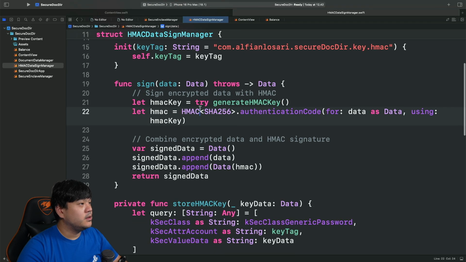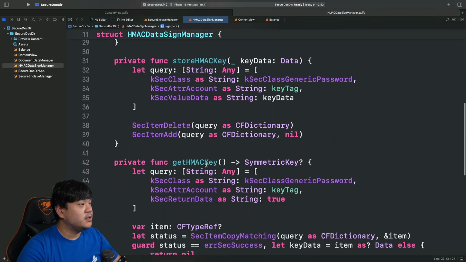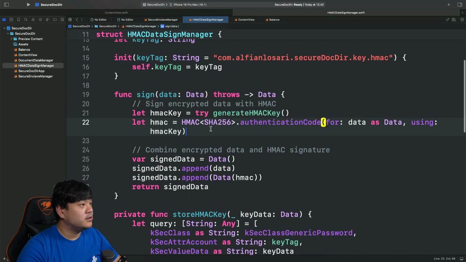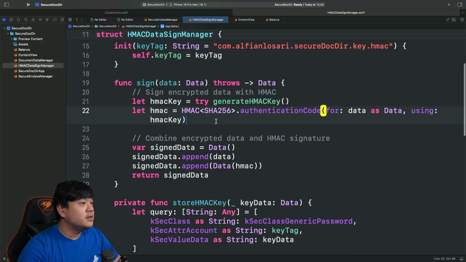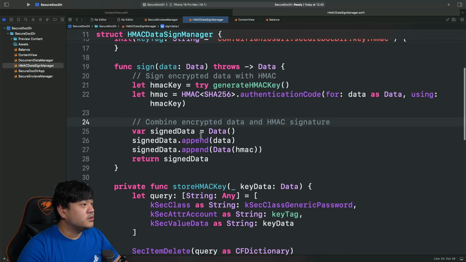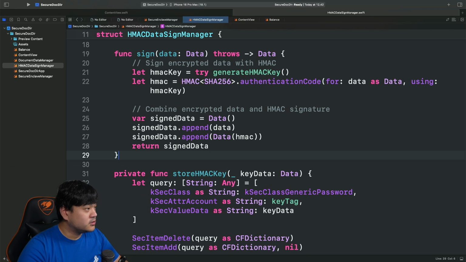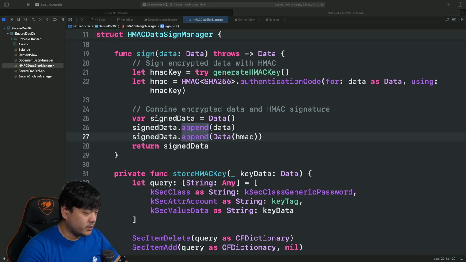Okay, this will invoke the generate HMAC key method, and then it will basically create the HMAC, passing the data as well as the key, and then it's going to just combine the encrypted data and the HMAC signature in here and return the signed data. Okay, so we will call this after we encrypt the data and before we store it in the document directory. We will sign it.